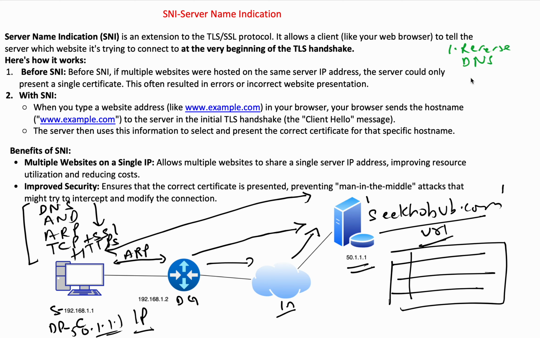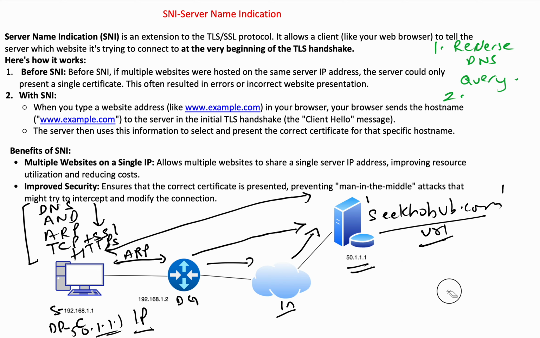Reverse DNS query. Let me just write it clearly. The first one is going to be the reverse DNS query, to get the URL from the IP address. Next, if the interviewer is specifically asking for Wireshark,